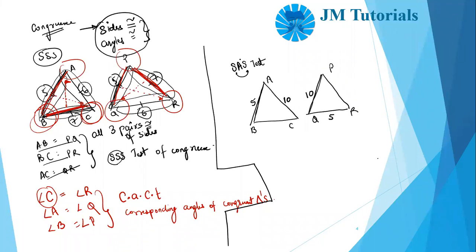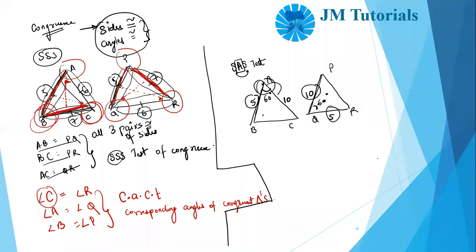Now SAS test, when the angle is in between both the sides. So my angle which is equal should be, suppose, 60 degrees over here. So tell me, guys, which angle will be 60 over here? Very good, Assumption is saying Q. Because I'm saying SAS test, in SAS test there is a side, then the angle, and then a side again. So that angle should be in between. If this is 10 and this is 5, then the angle in between will be 60 degrees. If this happens, then the triangle will be congruent by